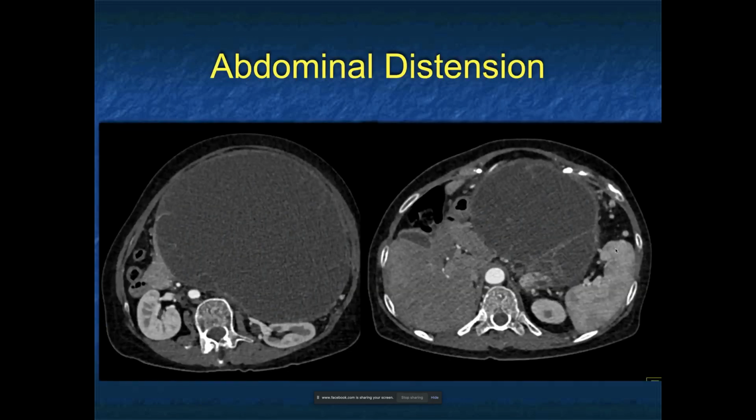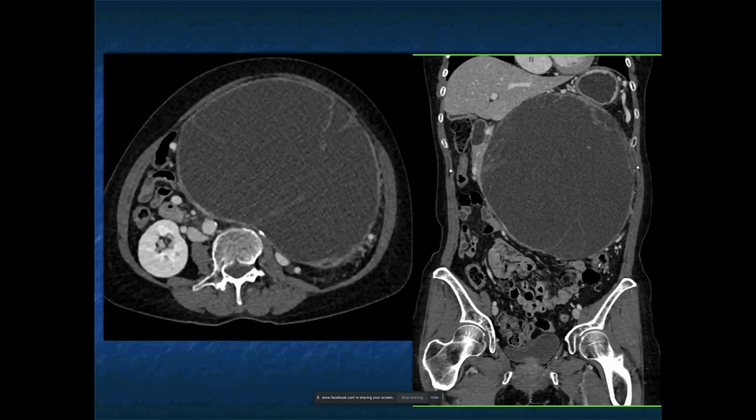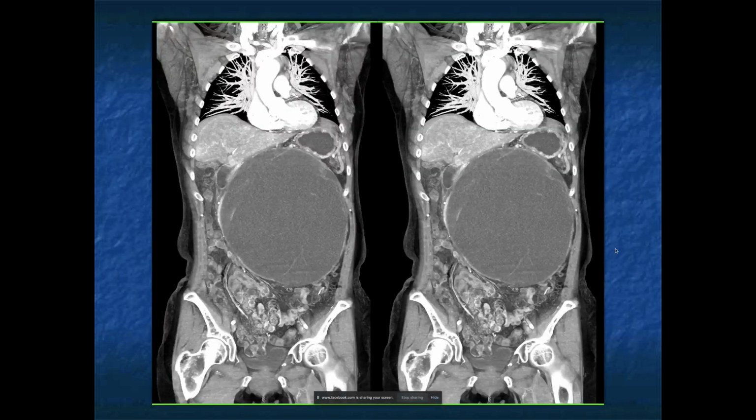Another example, abdominal distension. Wow, look at this cystic mass. Now I will admit, I don't know where this is coming from if I look at these few images. It could be the pancreas, it could be a mesenteric cyst, it could be coming out of the patient's pelvis like an ovarian cystic tumor, it could be a large retroperitoneal sarcoma, cystic type tumor. If I told you this was pancreas, then you start looking and on the coronal view you see some septations. What gives you a large cystic mass with septations? Now obviously large cystic masses, you can think about serous cystadenomas, they can be very large.